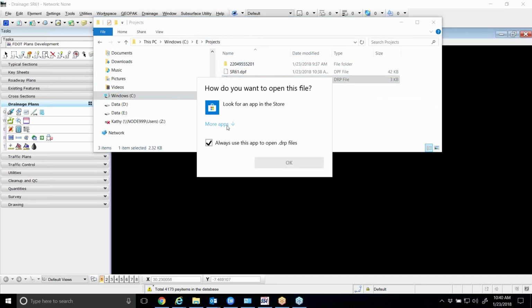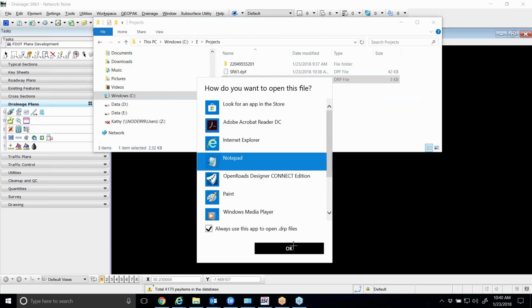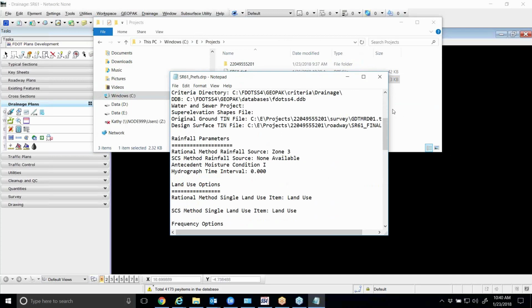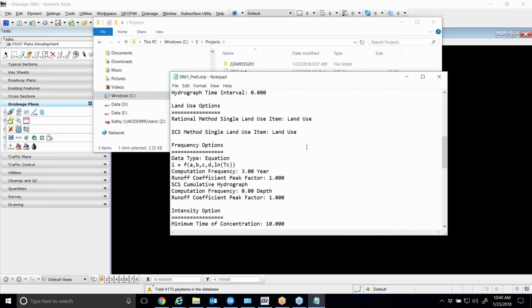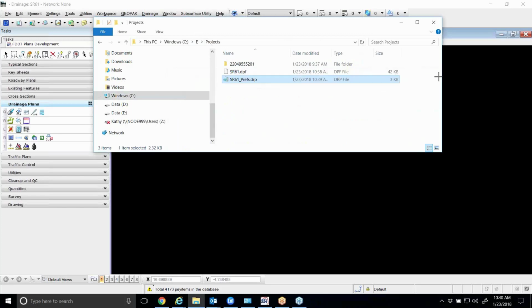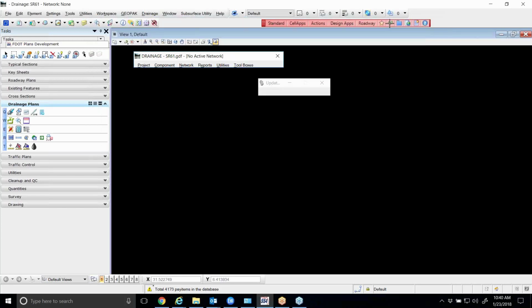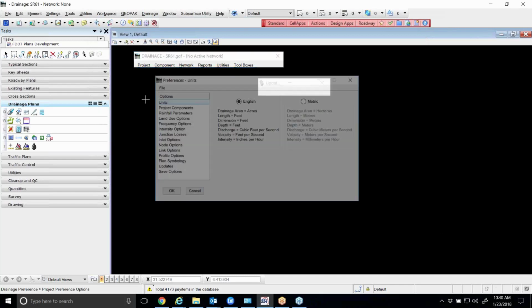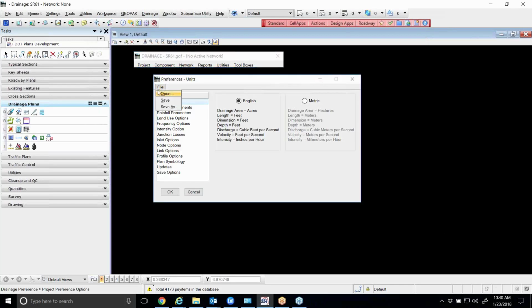And you can just open it with Notepad or Word, whatever you want to open it up with. It has all the settings for your drainage project. Not a bad file to have around, not a bad file to print, but the other file is the more important one. The other file is more important because when we unzip these projects, we're going to go to Project